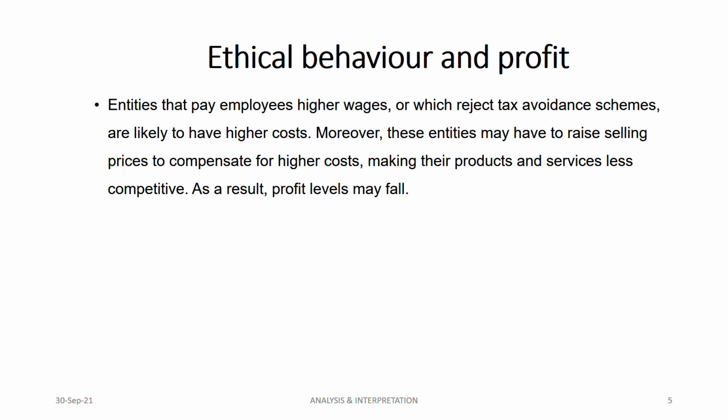Let's see a scenario where entities are paying employees higher wages, or they are avoiding tax, or they are rejecting tax avoidance schemes. That means they are paying the correct tax. They are not going to any scheme where they can avoid tax. They are paying tax, and they are paying higher wages also. Because of this, it means higher cost. Higher cost means your profits will reduce,